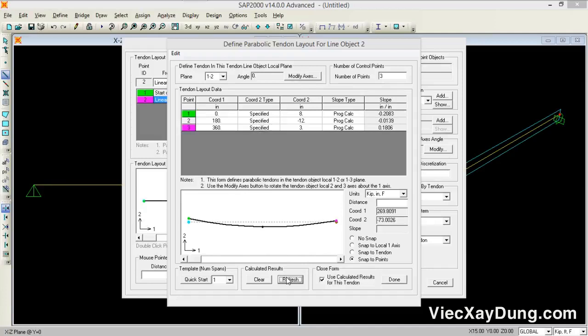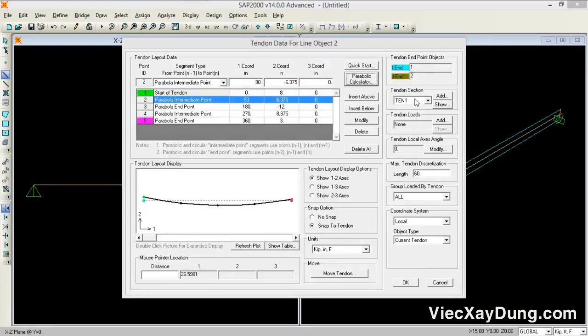Now if you just refresh your view, you can see, if I keep my pointer over here, it will show me coordinate corner 1. You have to concentrate on this position when I keep the mouse over here. So 0 and 8. This 8 shows that this was at the 0 point, and it's moved up to the 8 position. So that's fine. Now the next thing is you need to click done over here, and here in the tendon